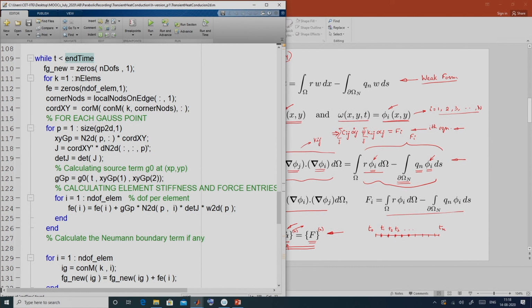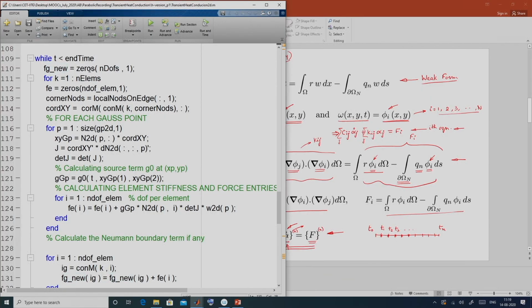Alright. So, as I said, at the beginning of this time loop, I define the global force term as 0, because that has to be calculated at every time. That corresponds to f n plus 1, that is f at time t equal to t n plus 1. So, that has been initialized as a 0 vector.